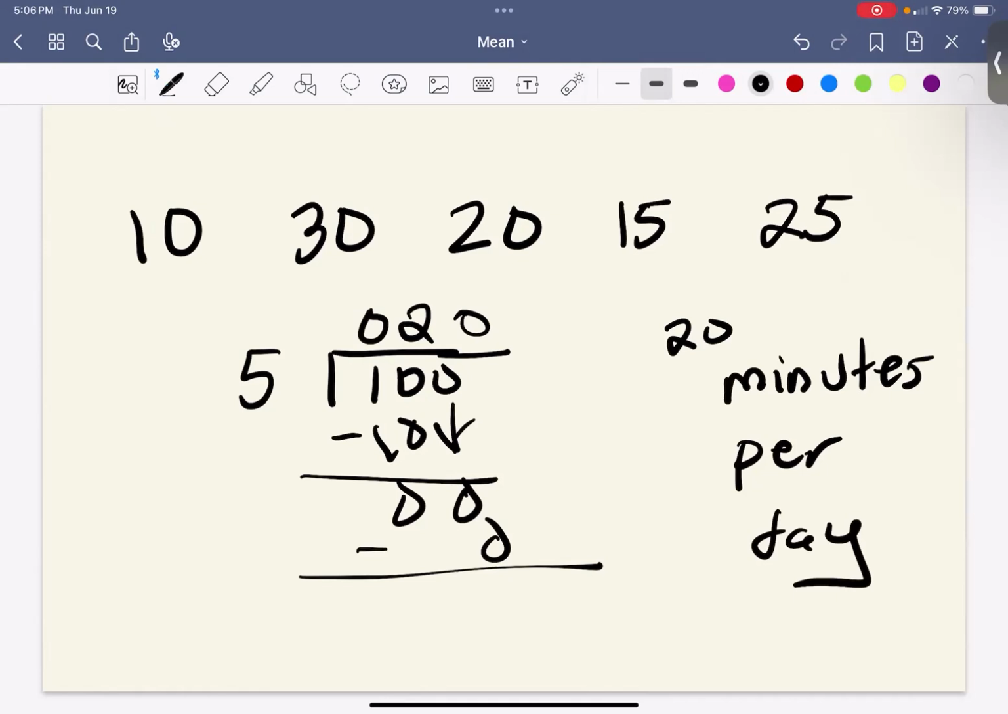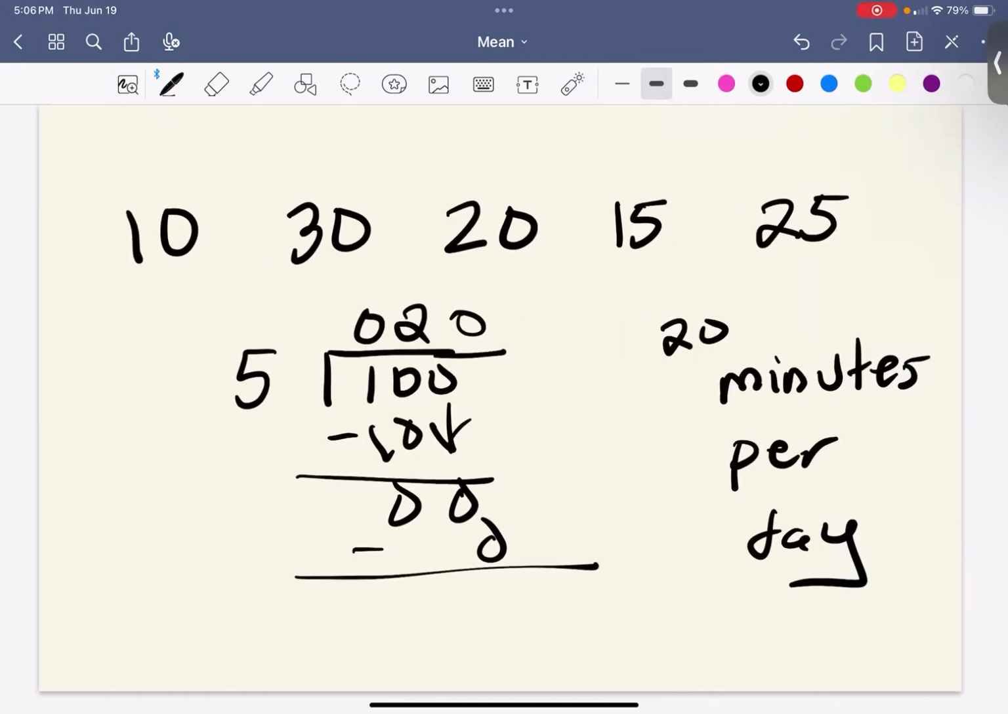Let's do one more. Let's say you are studying for a big test and someone asks you, how many hours have you been studying this week? And you say, okay, well, let me write out the number of hours. So I did 2 hours one day, 1 hour one day, 1.5 hours another day, 2.5 hours another day, and